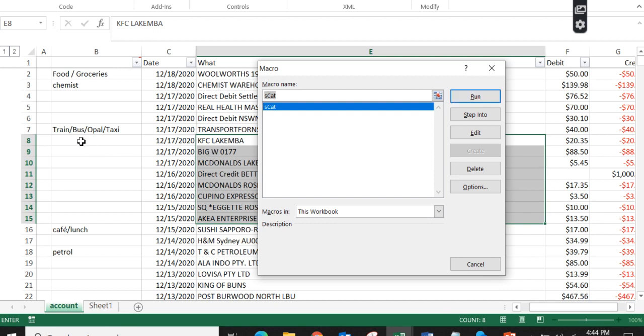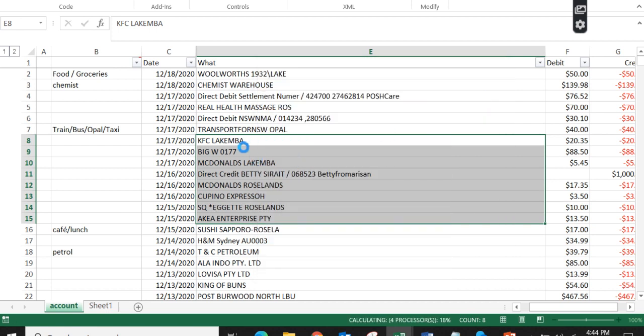Okay, so right now you can see the data in column B is empty. Let's see, once it runs, it will populate the data. So it's running. The first calculation it's doing. Yeah, so you got the takeaway. The second one, McDonald, you got the takeaway. Big W it did not find, that's why it is not there. Because here its credit is there in the line, that's why it has given the income, and again McDonald is here, that's why it has given the takeaway.